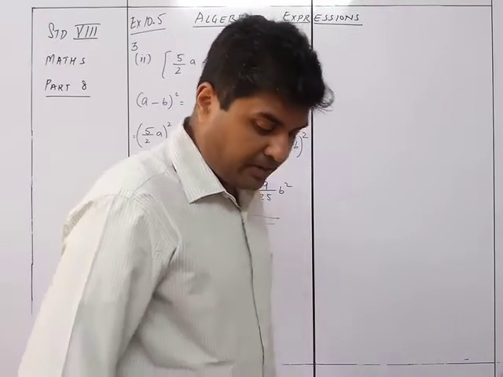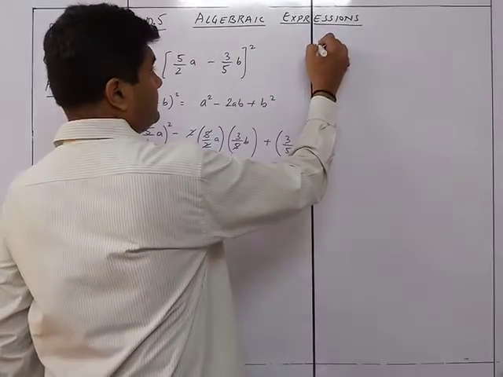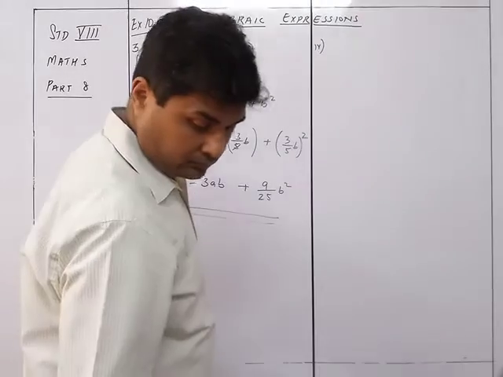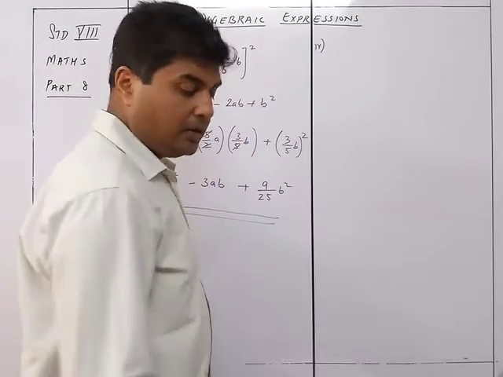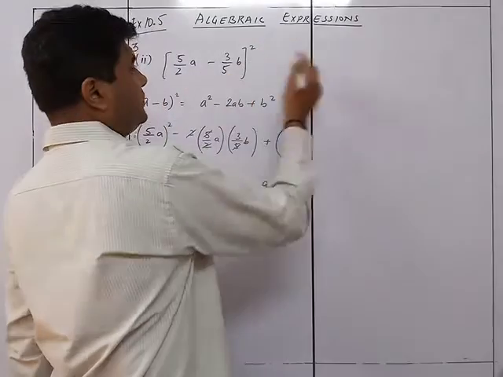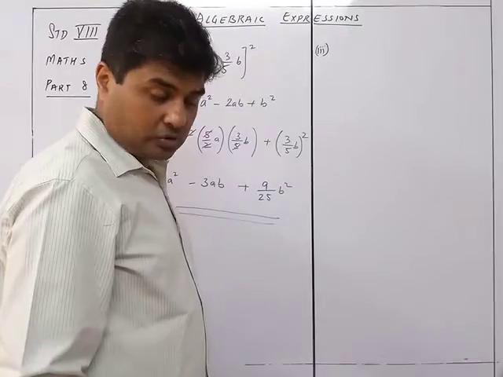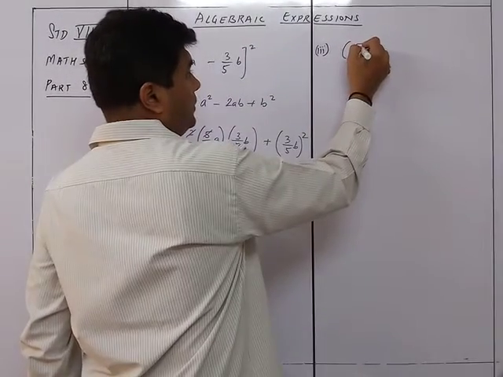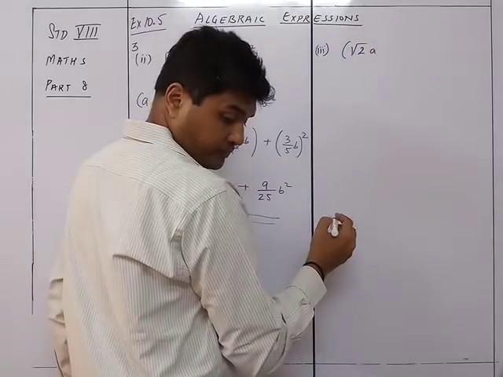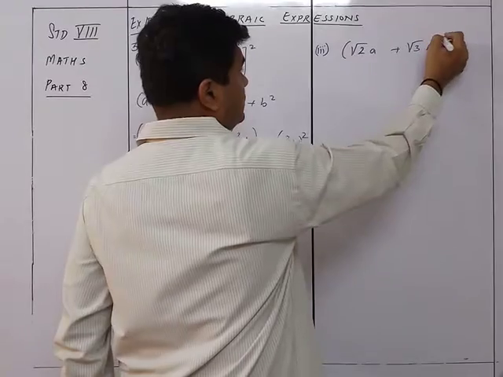The next is sum number 4th. I'll do one thing, I'll take the third one because the fourth one is exactly identical to this, so I'll take the third one so that it looks different, so that's why I'm going to do it. It is (root of 2a plus root of 3b) the whole square.